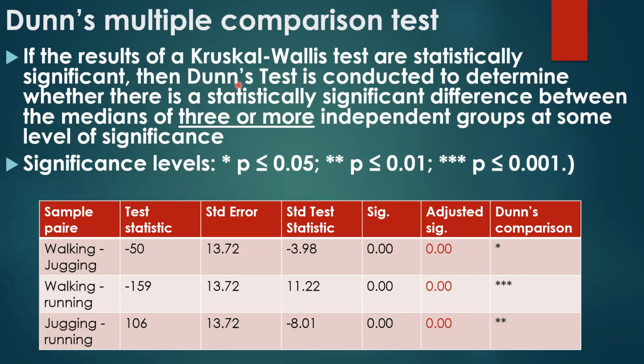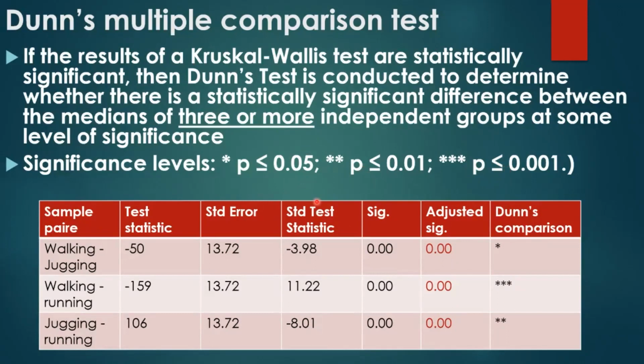But in the case of a Kruskal-Wallis test, when the test says the groups are significant, like here, for all these groups with significant tests, you can do Dunn's comparison to look at what level we got significance, or how much